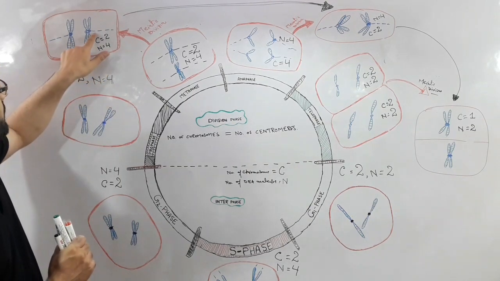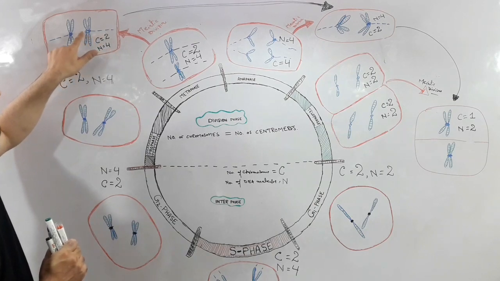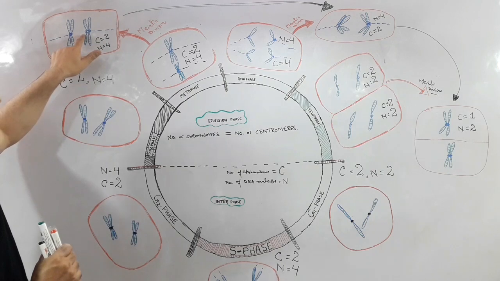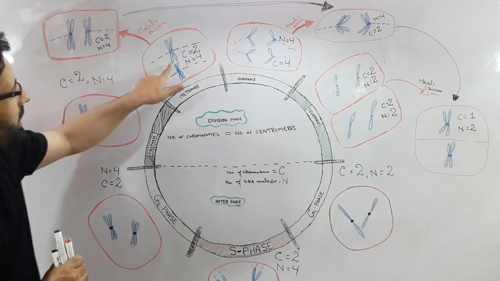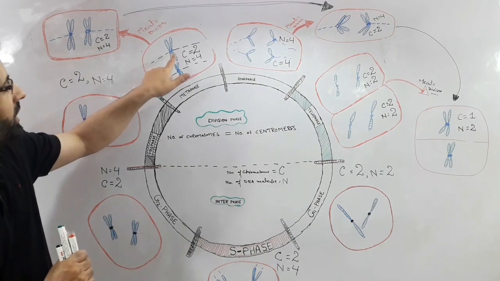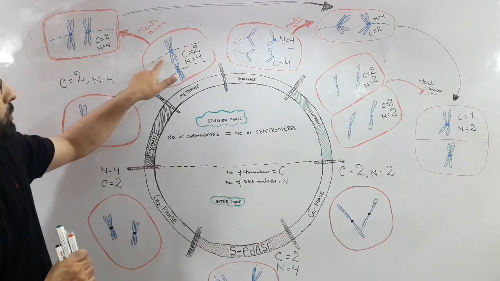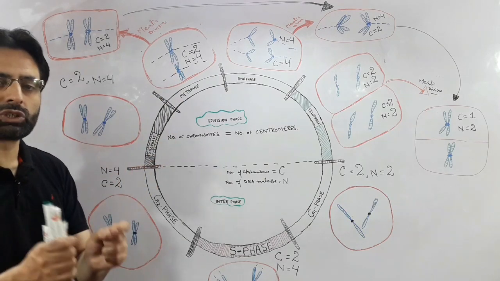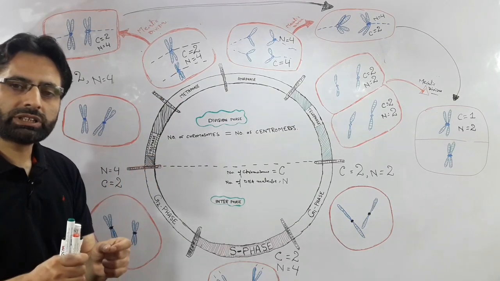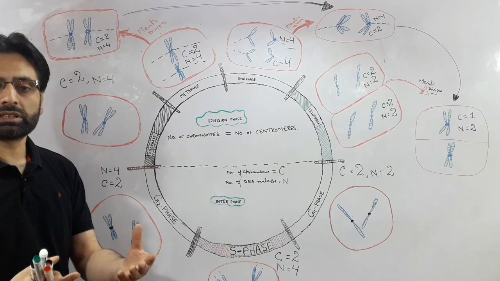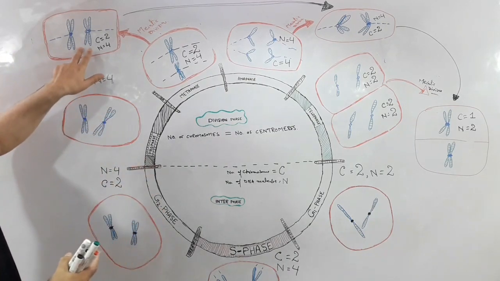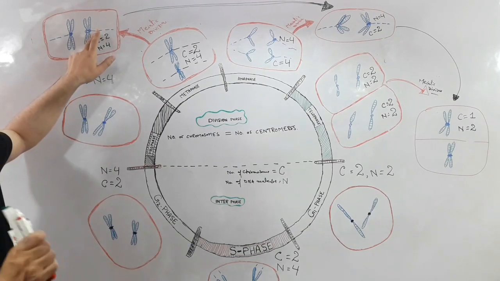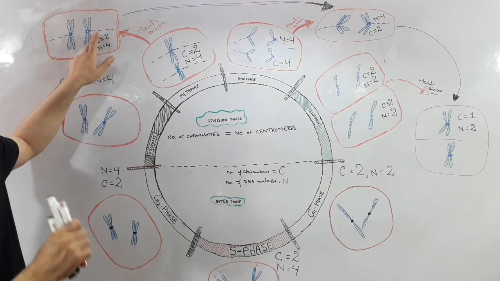And as you can see, the spindle here is attached to one side of the centromere, and on the other side there is no spindle. But in case of mitotic division, we have spindle on both sides. In metaphase, we have a different arrangement of these chromosomes. In meiotic first division, we have homologous pairs. That is, chromosomes get aligned at the metaphasic plate in pairs. And we have spindle only on one side,